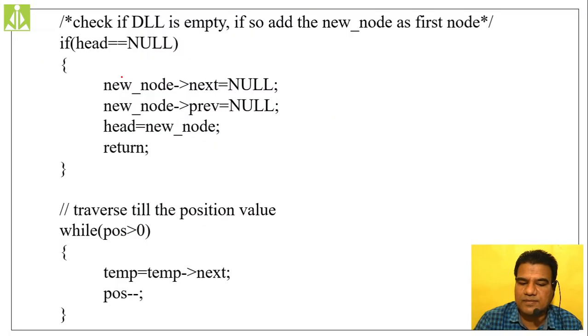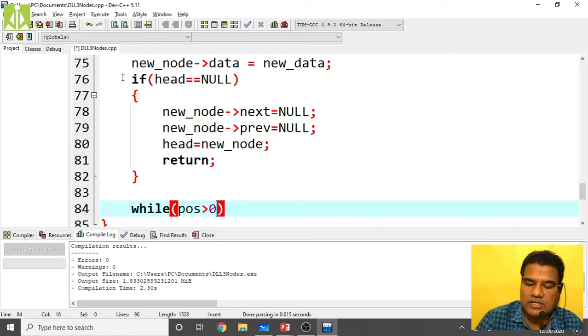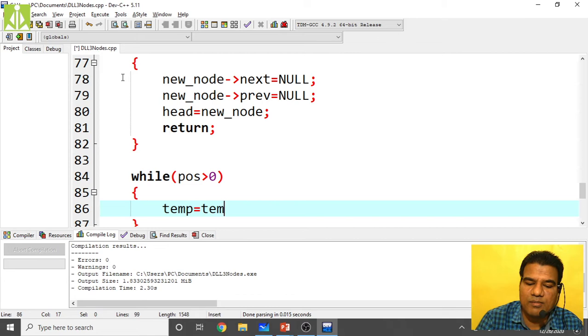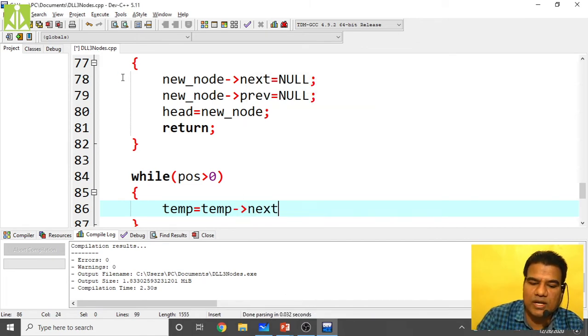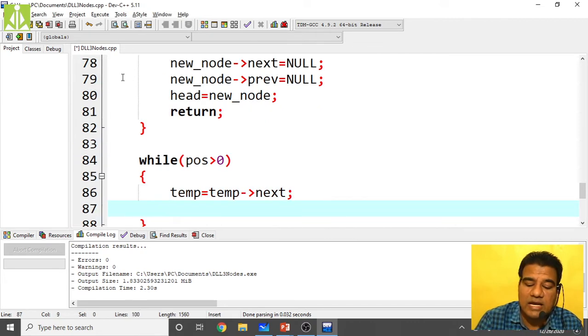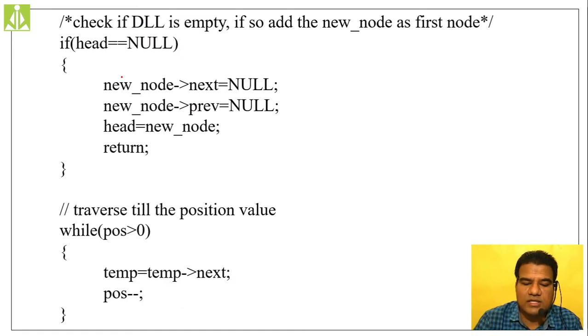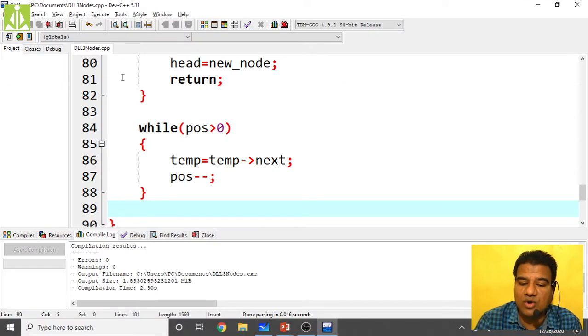If this is not the case, then what we have to do is traverse to that position. Until your position value is greater than 0, temp equals to temp of next. It will simply push your temporary pointer to that position value. Temp equals to temp of next, and decrement the position value. After this, how can we check whether your position value got exceeded?